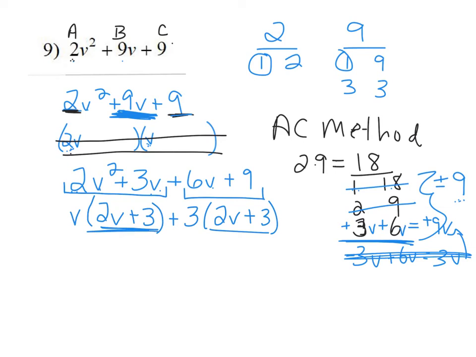The idea is if the v has this in common and the 3 has this in common, we can take the 2v plus 3 out, and we're left with v plus 3, which is the factored form